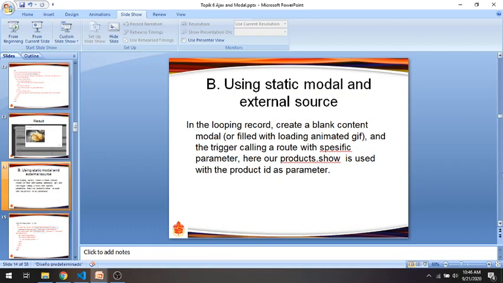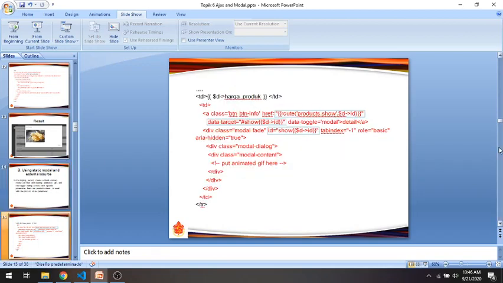We can use our previous product.show function with product ID as the parameter. Okay, we put another column.